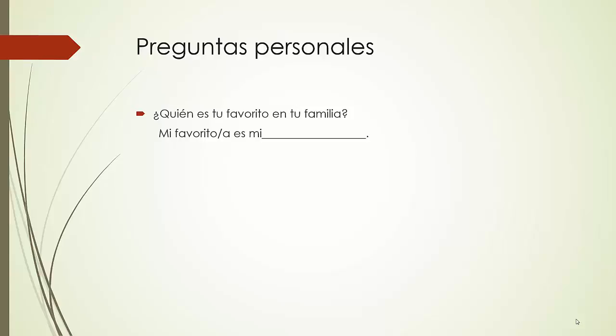If you look in your book, you'll see words like hijo and hija, hermano, hermana, tío, tía. So if it ends in an O, it's masculine, so a son or a brother or an uncle. If it ends in an A, it's feminine, so a daughter, a sister, and aunt. Uncle was the other one I used.